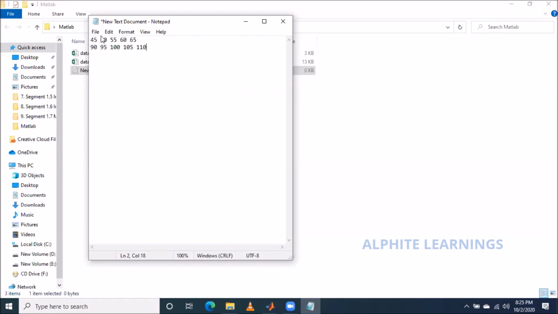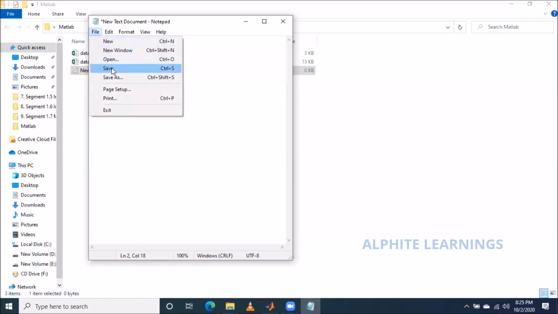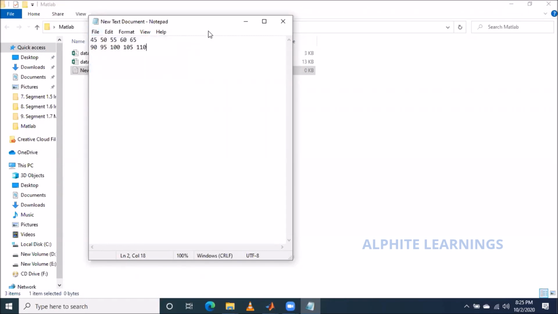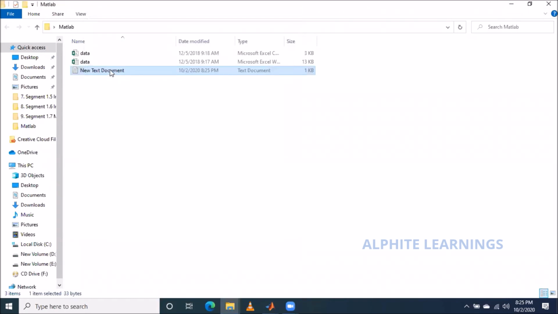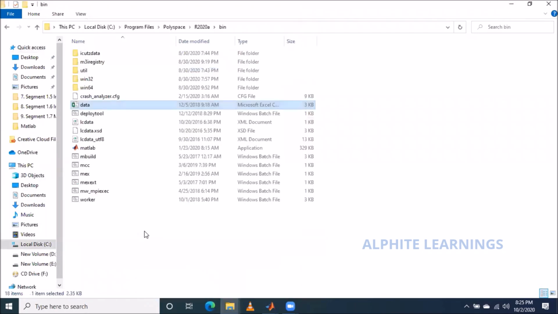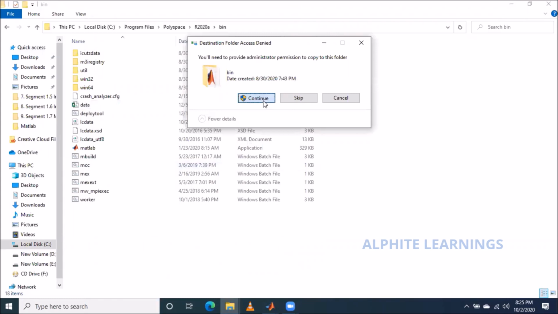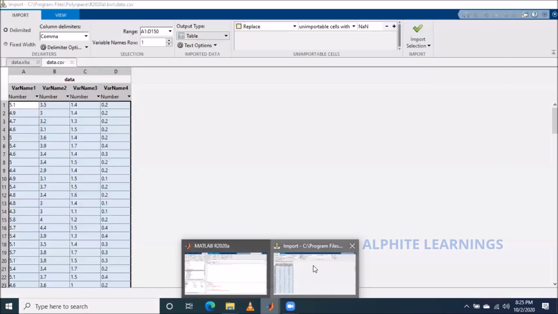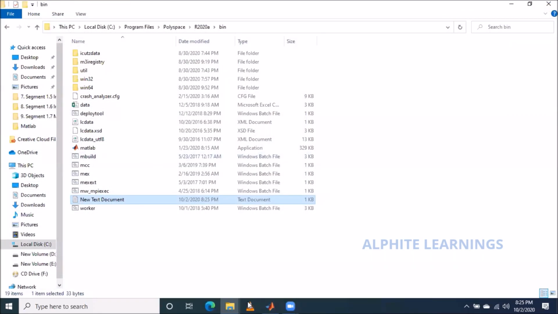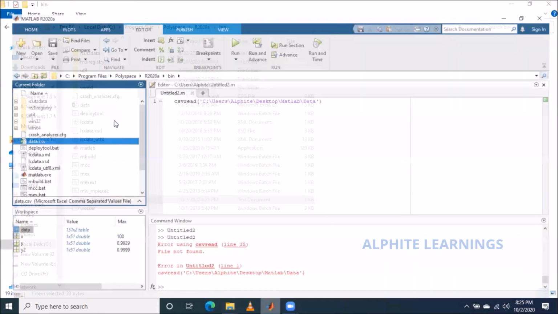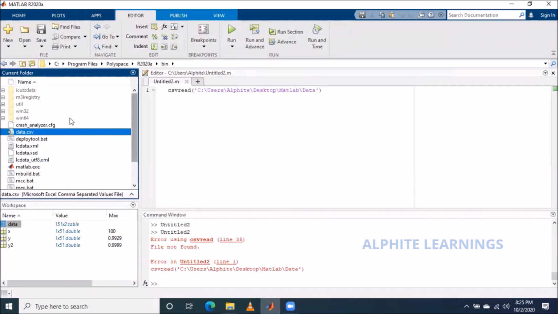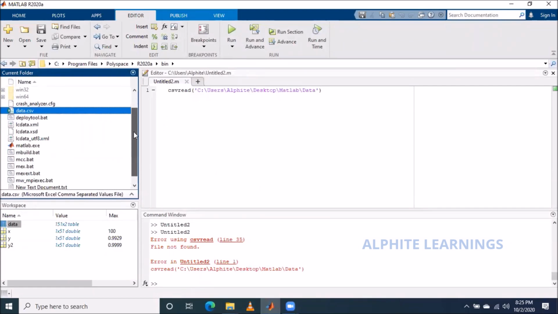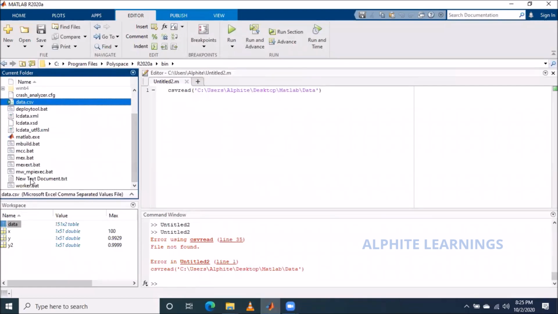Okay, so I have mentioned this. I'm saving this, then copying it here with Control C, and going back to my bin. I'm saying continue. So I just saved it; it's a new document, right? The exact situation lies here. I'm going to import the data, which is a new document.